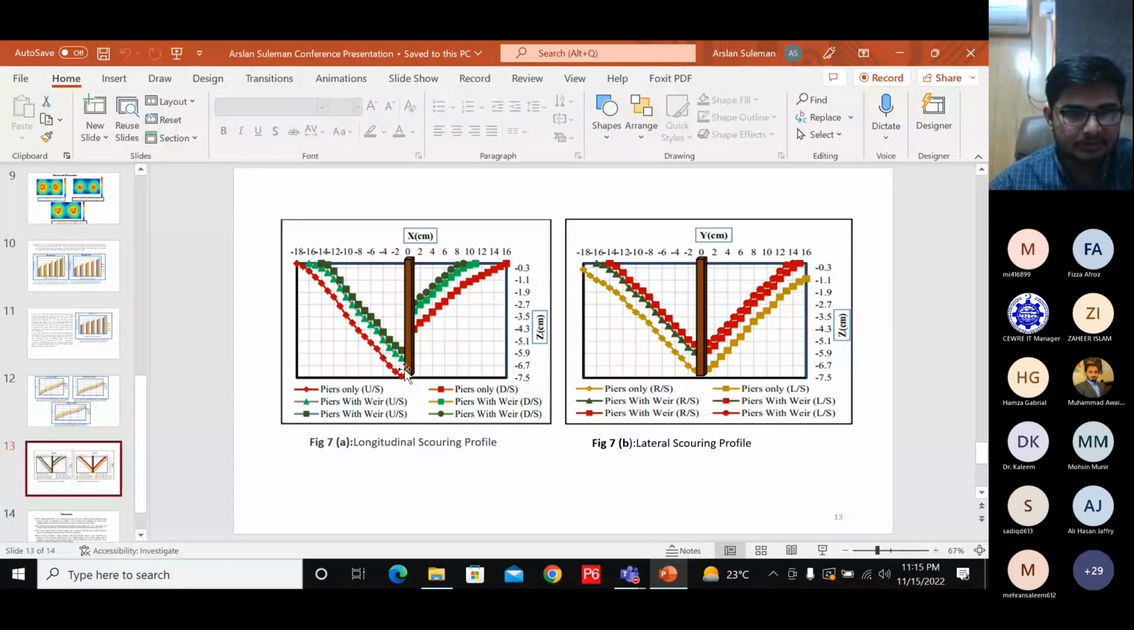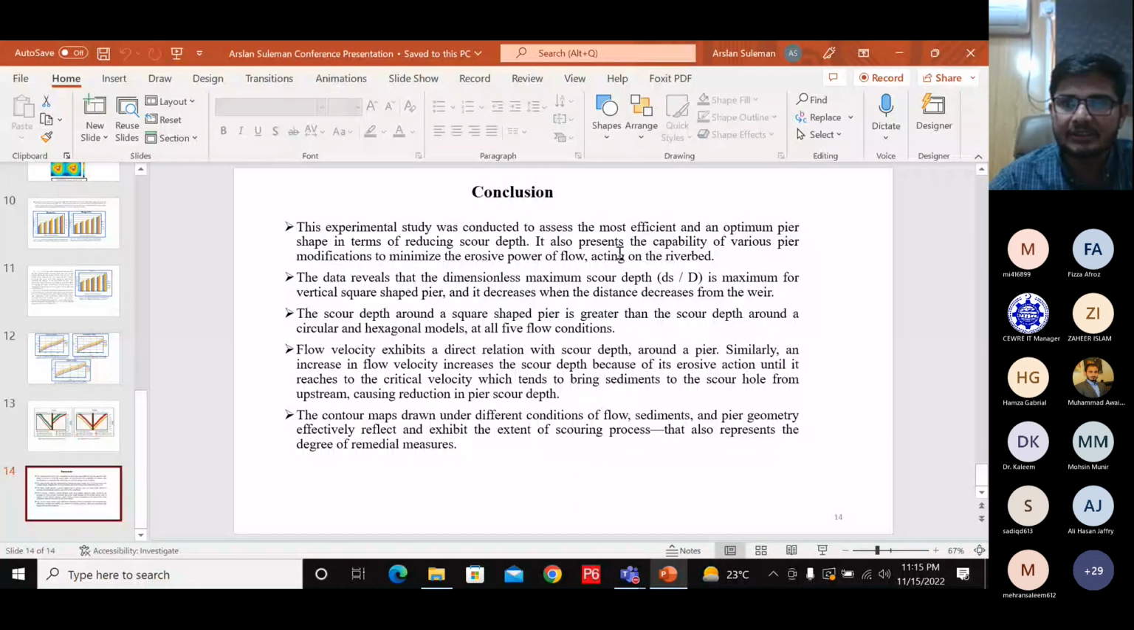And here is the conclusion. I want to conclude my research. This experimental study was conducted to assess the most efficient and optimum pier shape in terms of reducing scour depth. It also presents the capability of various pier modifications to minimize the erosive power of flow acting on the riverbed. The data reveals that the dimensionless maximum scour depth ds over d is maximum for the vertical square-shaped bridge, and